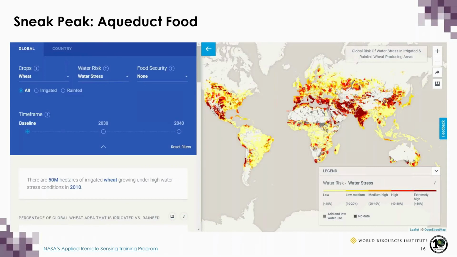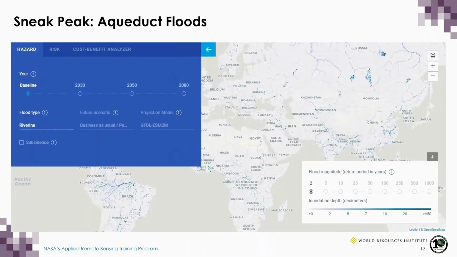You'll be able to use Aqueduct Food to understand current and future water risks to agriculture and food security. With this tool, you could identify crop exposure to water risk and visualize implications for trade and food security. You'll be able to use Aqueduct Floods to identify where and why flood risks are emerging now and in the future.